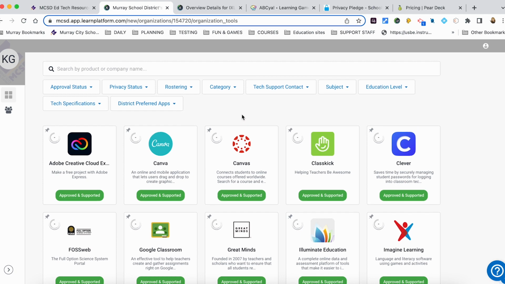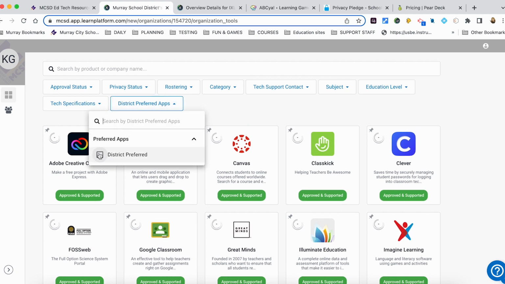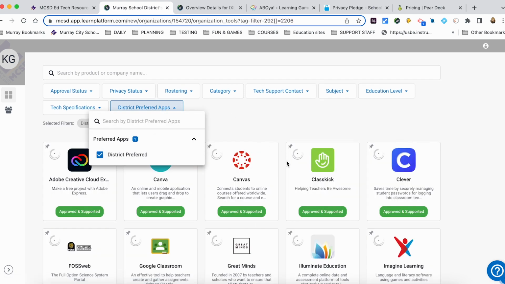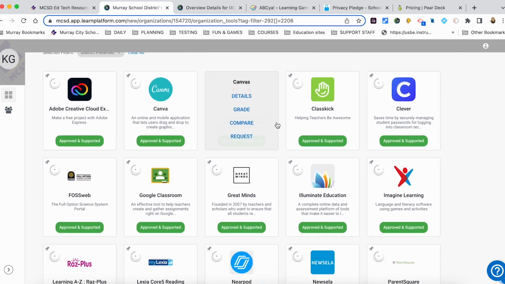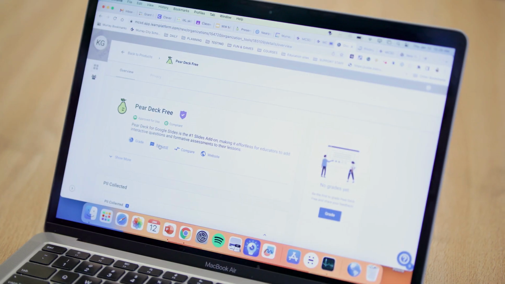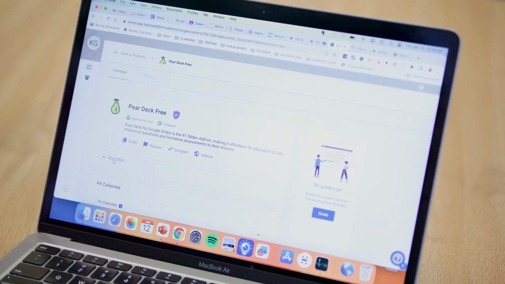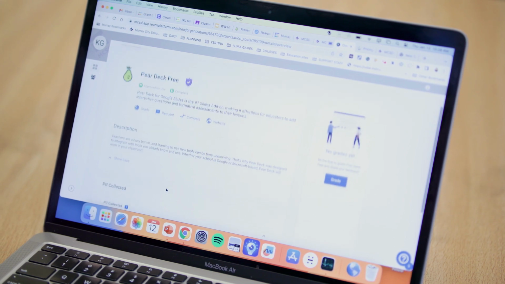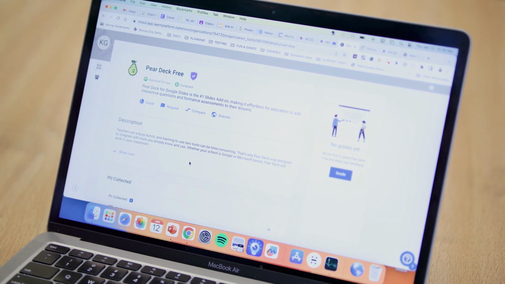Absolutely. So how does Learn help you know those things? Are there evaluations, ratings? How does that work? There are. So there's some filters that you can use. So it kind of helps you filter down to what you are looking for. There are ratings. There's icons that show if it's supported in your district and who your district technology leaders, what